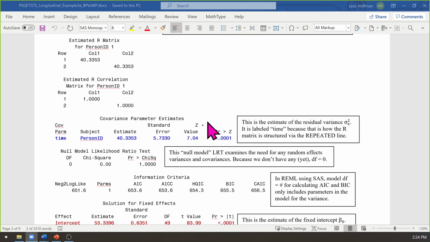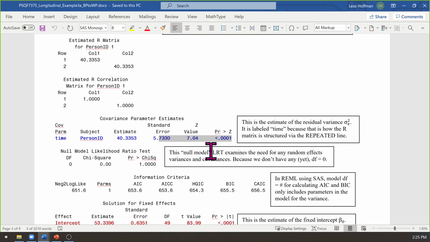However, SAS is super helpful to you and tries to give you a hypothesis test about this variance being different than 0. You are never, ever allowed to look at those. They give them to you, but never look. The reason is that variances can't be negative. So trying to test a null hypothesis of a variance being not 0, assuming a two-sided sampling distribution when half of it literally can't be there, can't work.